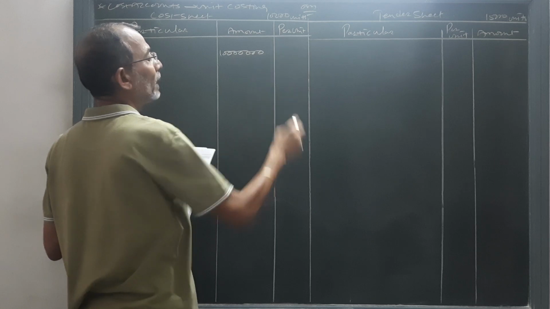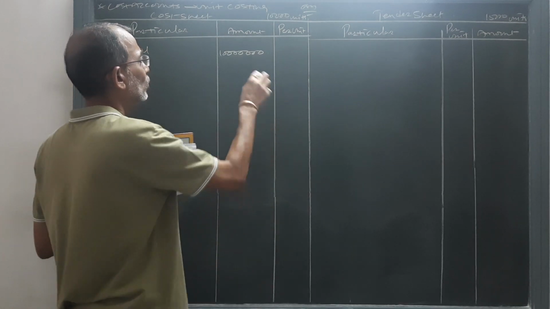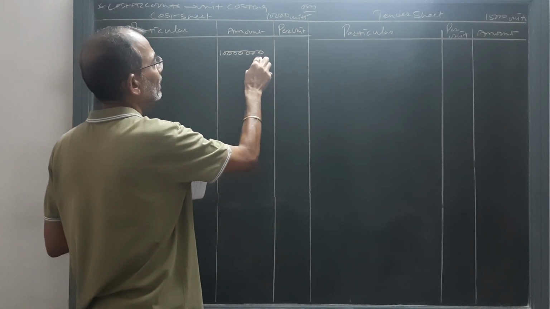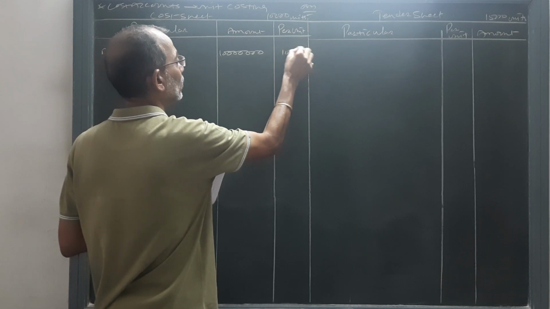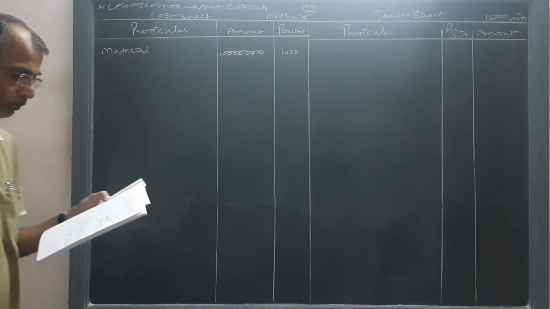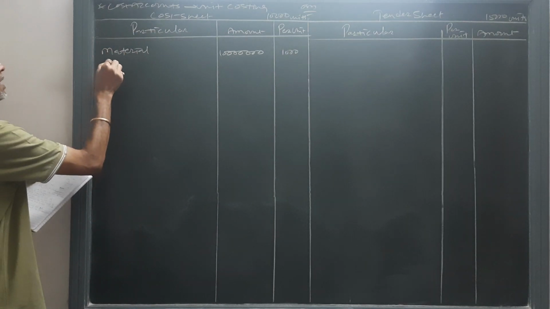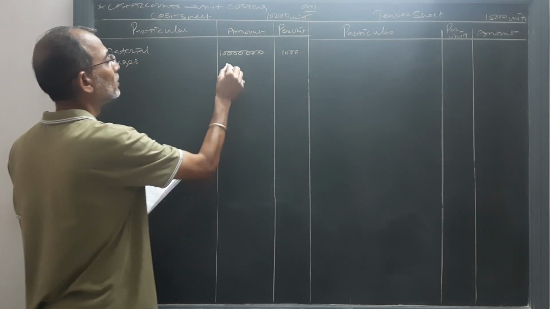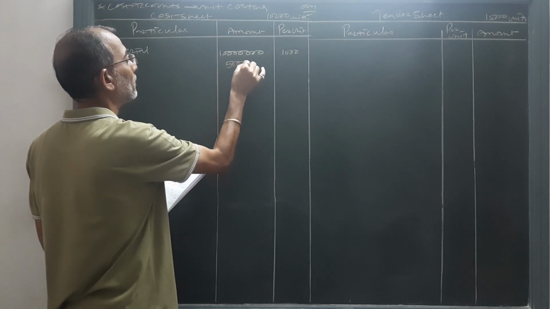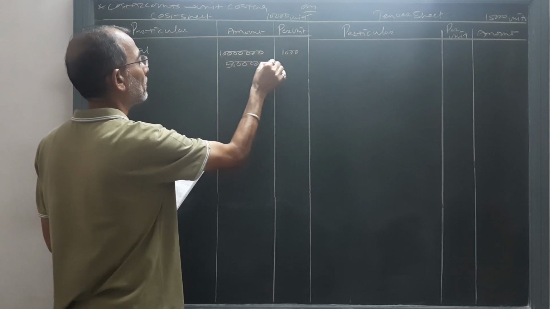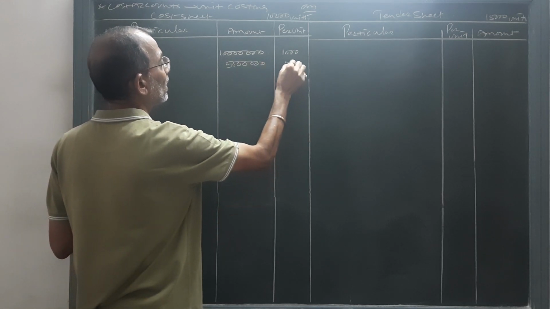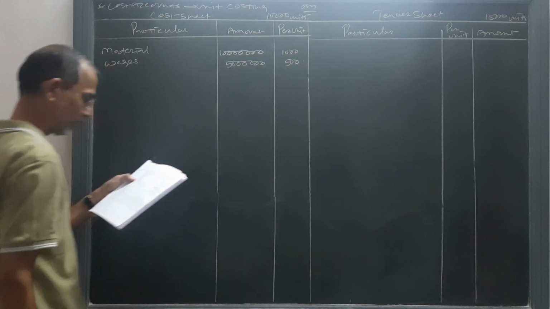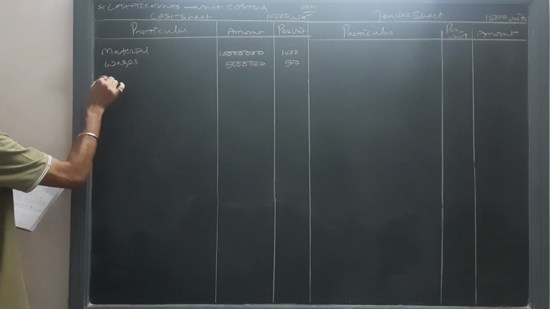And 10,000 units are manufacturing, so 1 crore will be divided with 10,000, so per unit will come to 1,000. Wages are 50 lakh. So per unit will come to 500. Direct expenses